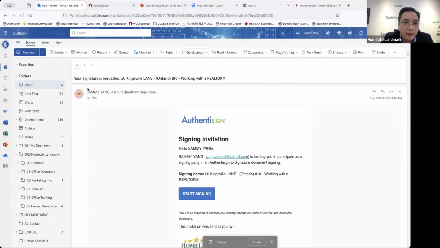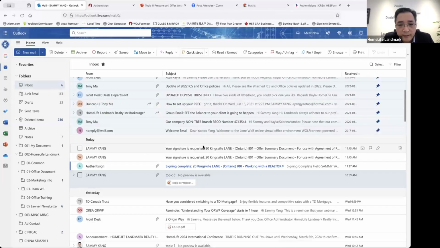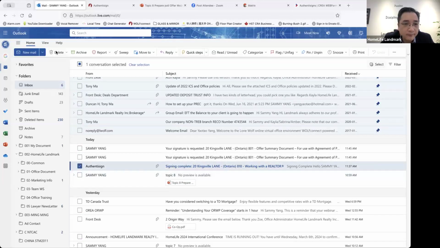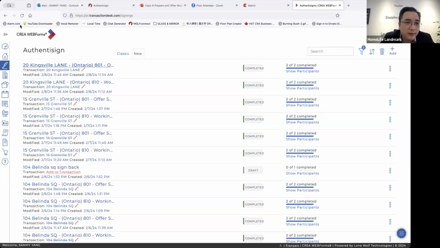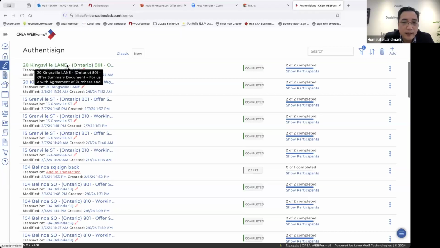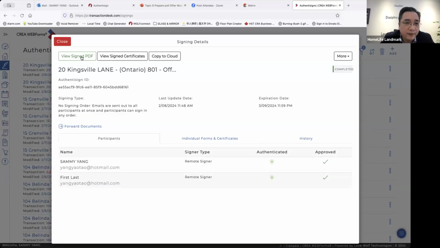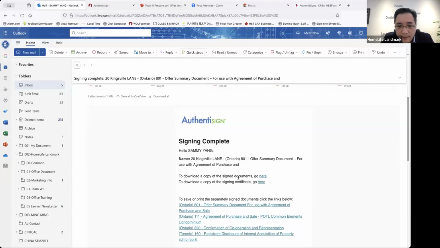Okay, so we are almost finished. Signing complete is still not come out yet. We go to web form and see what's going on. Click refresh, and then we go last one. Yes, we see view send PDF. And you know, sometimes if the email is not received, at the same time they come out yet. So we click email, and the email they have a download the sent